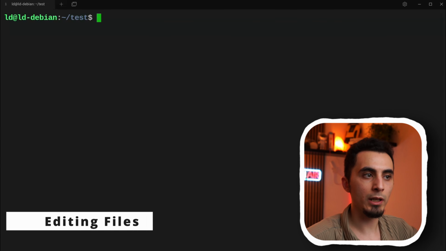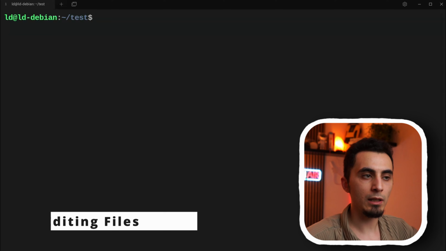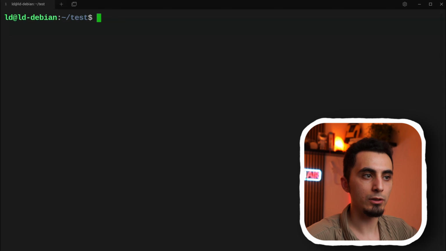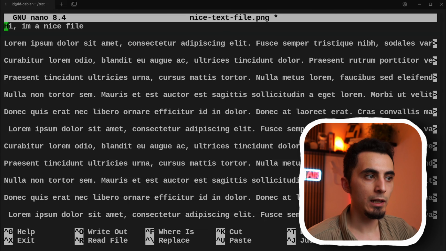Now to the section for editing text files. My favorite text editor in Linux is called Nano. So just type its name and the file name. It's really simple, so you can just move your cursor and start writing. You can delete with your backspace, just like in all text editors, and you can hit Ctrl K to cut a